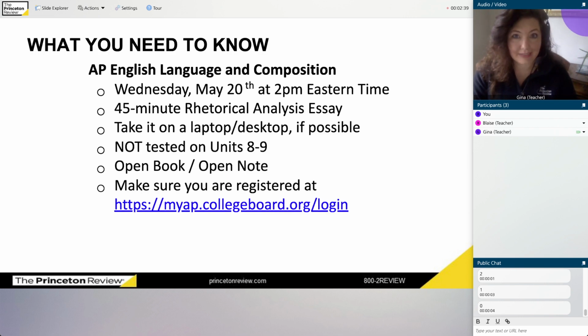So let's dive in. Here's what you need to know about this year's AP English Language and Composition exam. And just to be clear, there are 2 English tests, right? There's the English Language test, but then there's another one called English Literature. And they are 2 different tests. So chances are you're taking the language test. And I say that because that's the more popular of the 2 exams. So if you're signed up for, quote, AP English, find out what test you're taking, but there's a good chance it's the language test.